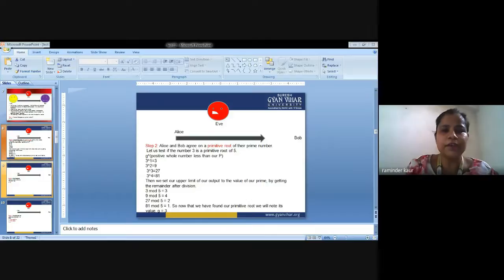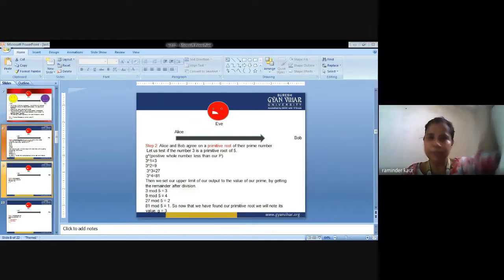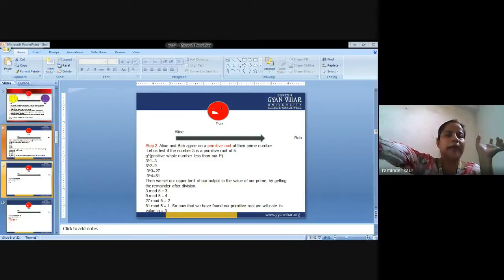Let's do this first step. Then because it is a very complex algorithm, you are supposed to do it with full concentration. Next is exchange of the generated keys taking place. So what is that? Key received is Y in Alice and key received is X in Bob. Obviously, keys have been exchanged.